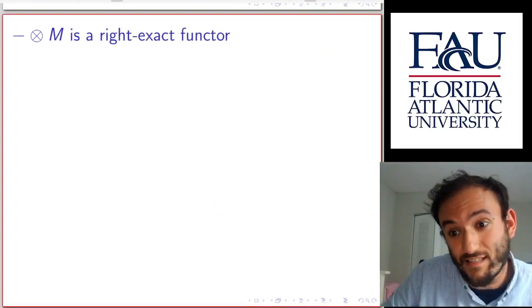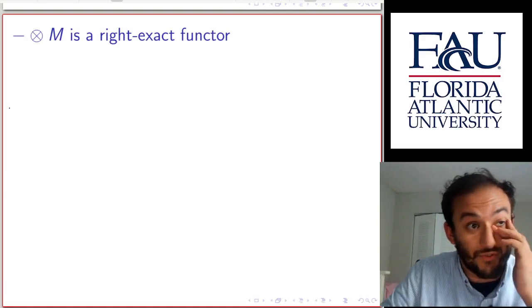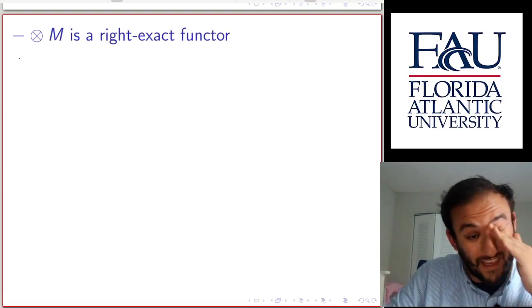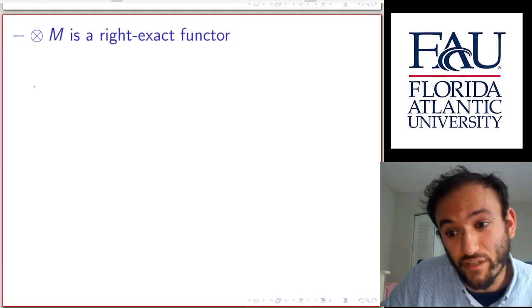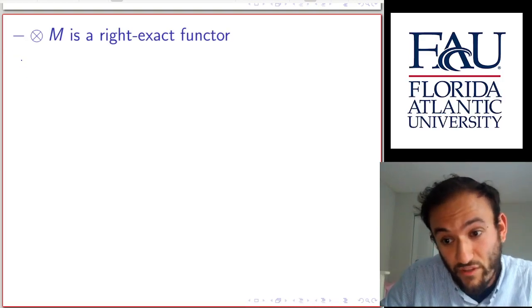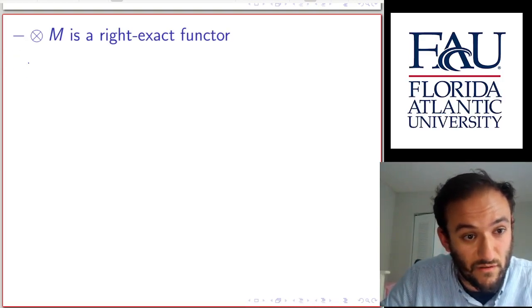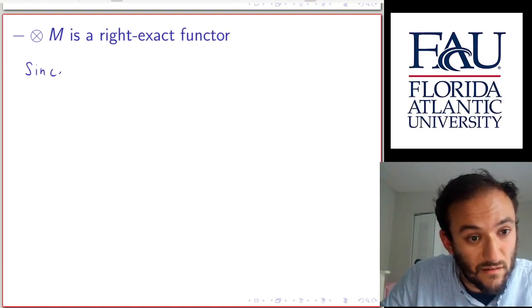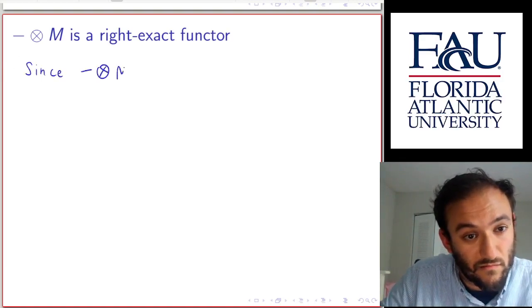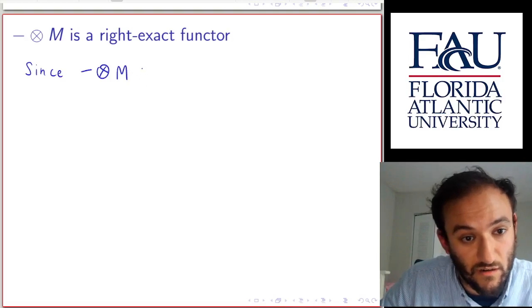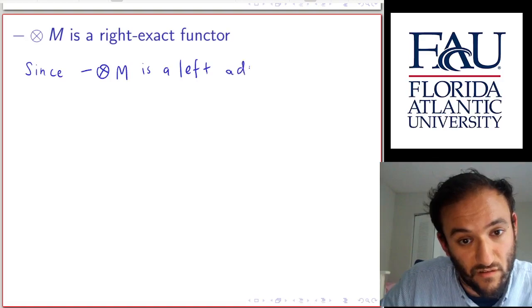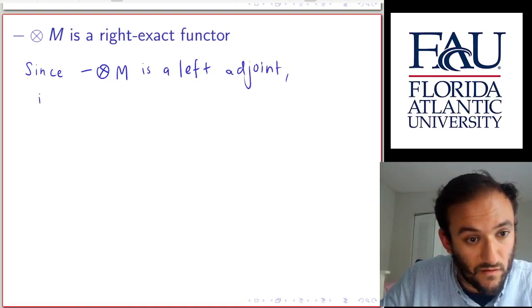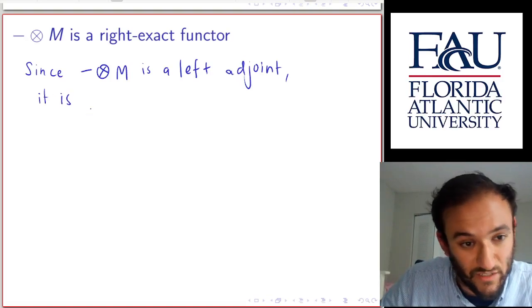Now we've established this is a functor from the category of A modules to itself. And the fact that it's a left adjoint to hom, or in general that it's just a left adjoint, since this functor is a left adjoint in the way that we've described above, it is a right exact functor,